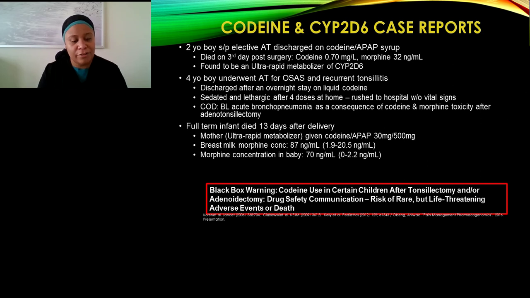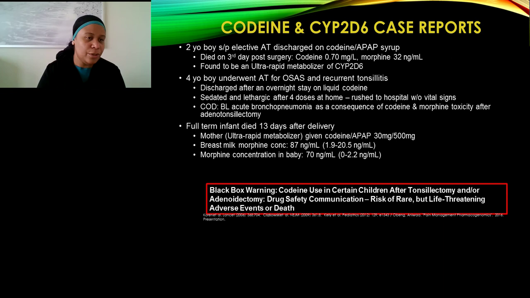We've seen a lot of case reports, and this is where it becomes so important. For example, there's a black box warning for codeine right now in children. However, understanding this genetic pharmacogenomics, codeine is a great drug if we give it to the right patient. So I don't believe it's a full ban, because if I look at the few case